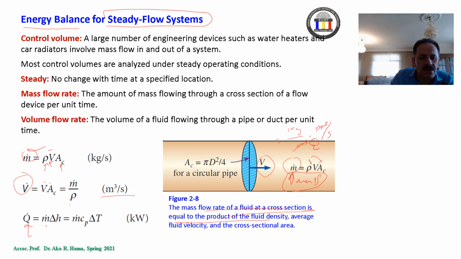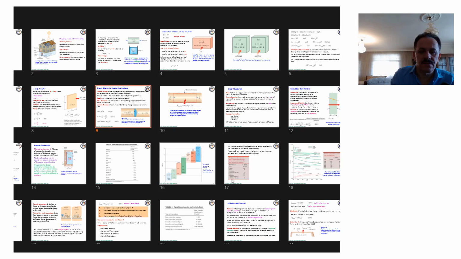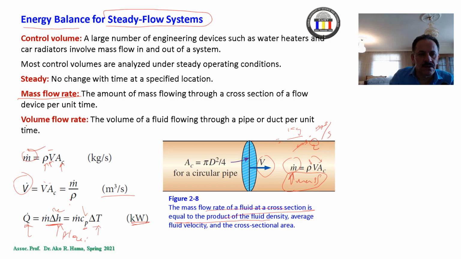It means that the mass rate is multiplied by delta H. So we should be careful here. This delta H is equal to C sub P, and this is the flowing work. The specific energy, when we have a constant pressure and the delta T that we have, gives how much delta kilowatt we will have through this specific section. And this is in steady state. So this is the definition of mass flow rate, I'm sorry, and the volume flow rate.